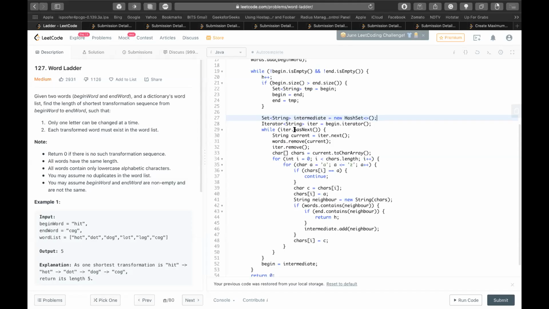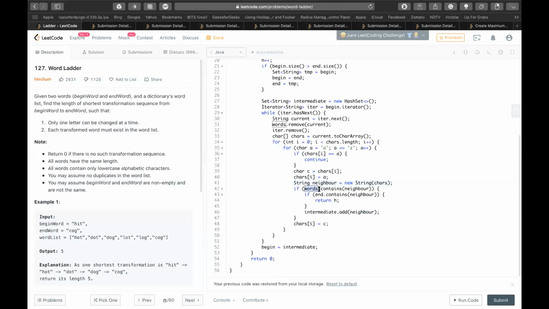This is similar to what has been shared before. Basically, I'm taking a word out of that set and changing the character at every index from A to Z to create the neighbor.